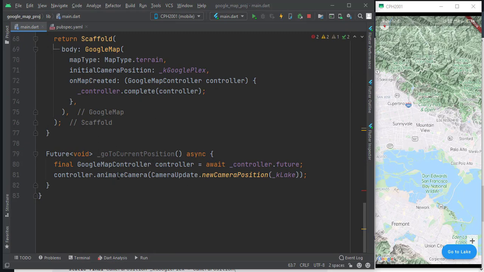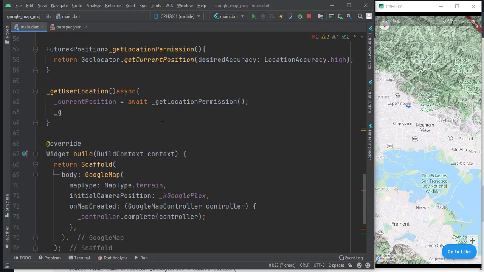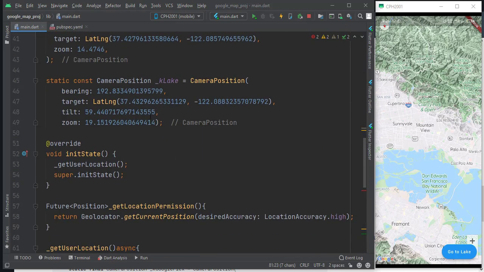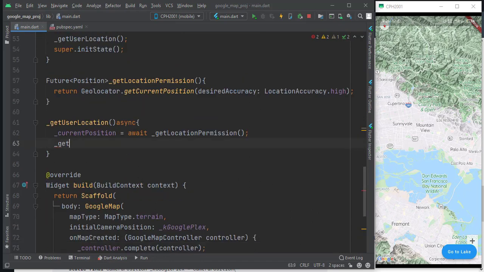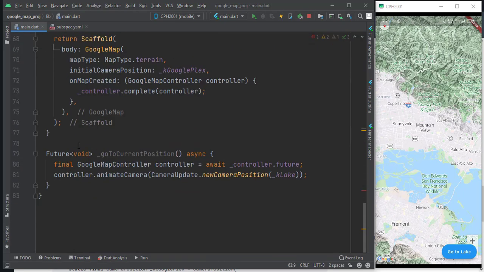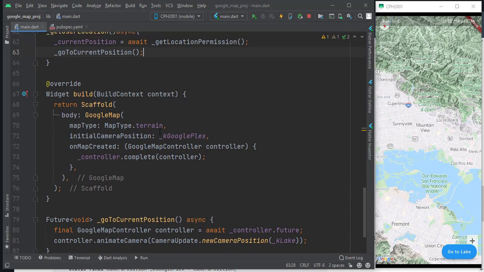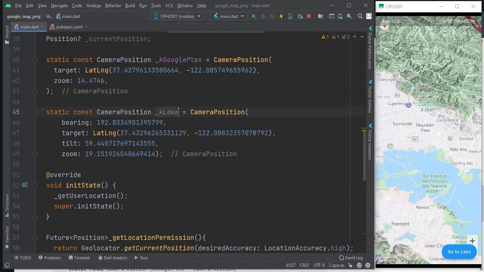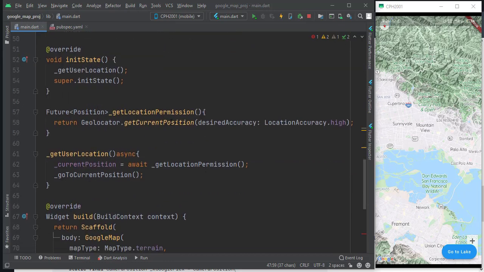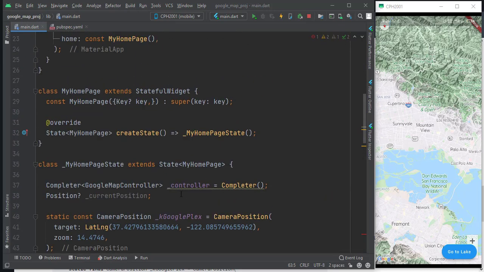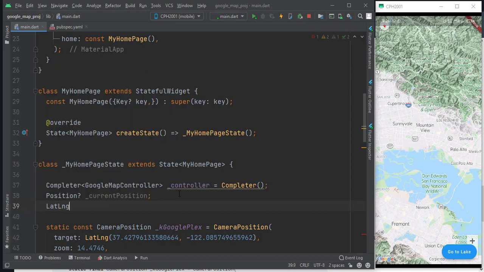Then we can say go to, let's see what it's saying. Okay, the camera will move to the current position. That's what it says here. Go to current position. Then the current position is using the position I put. It is using some latitude and longitude. That latitude and longitude should be our current location. So how we can do that is, we can give here latLng is latLng,